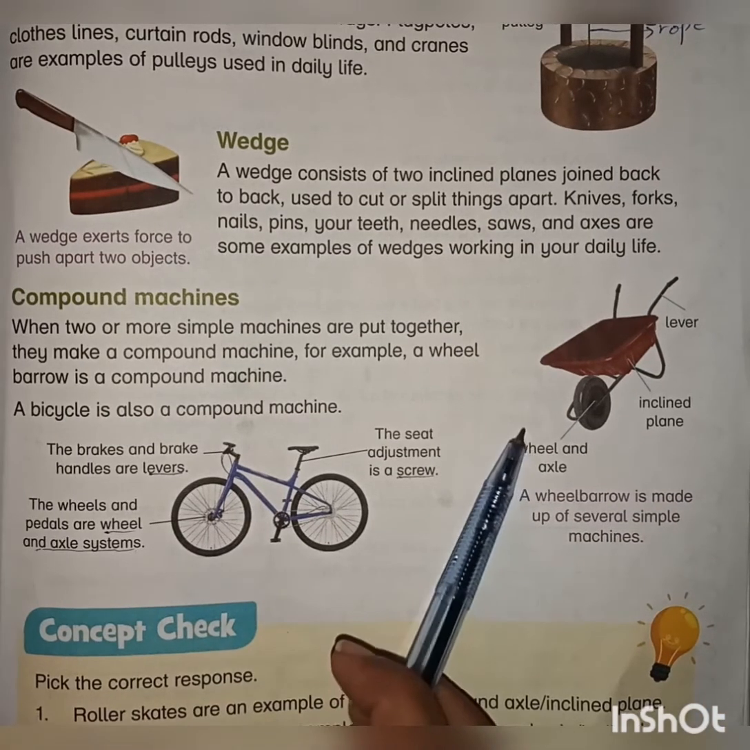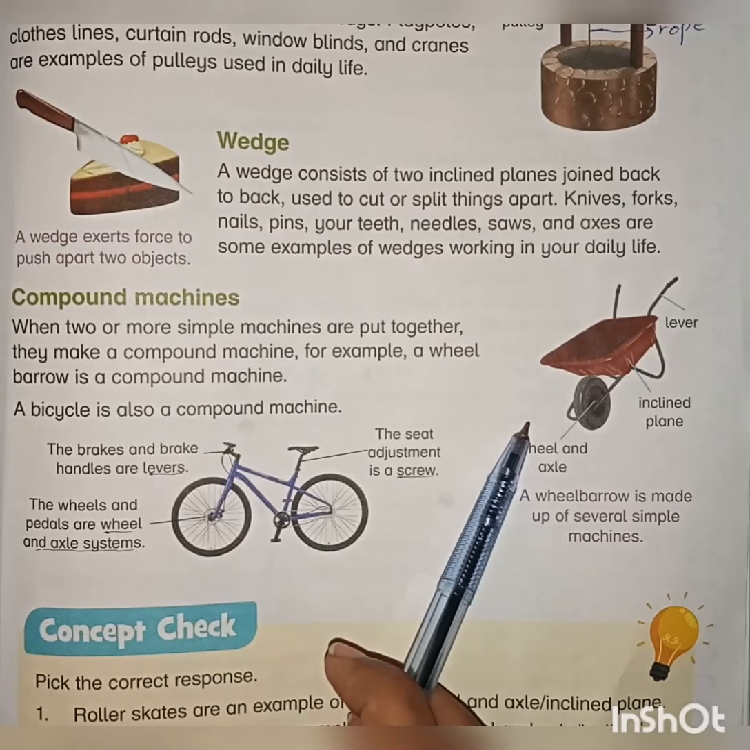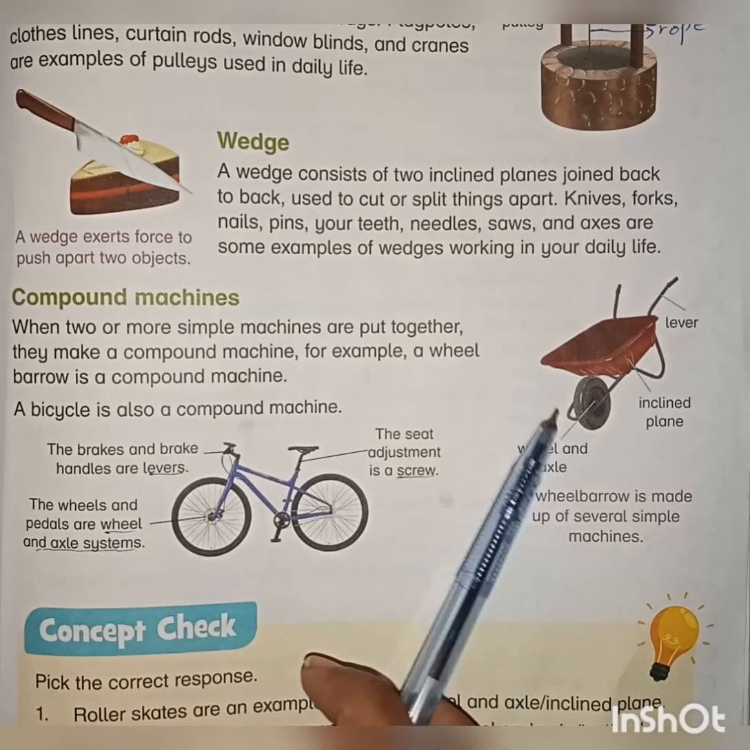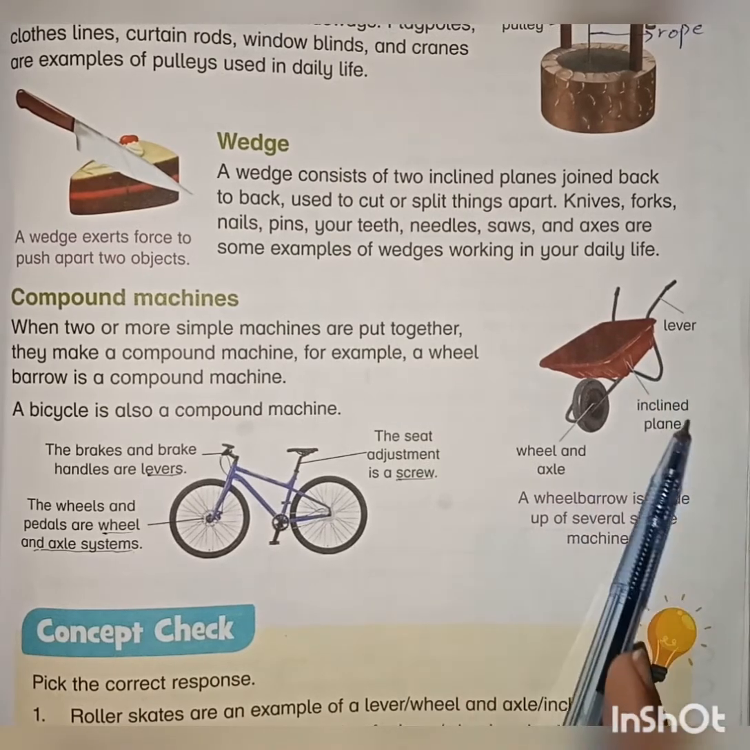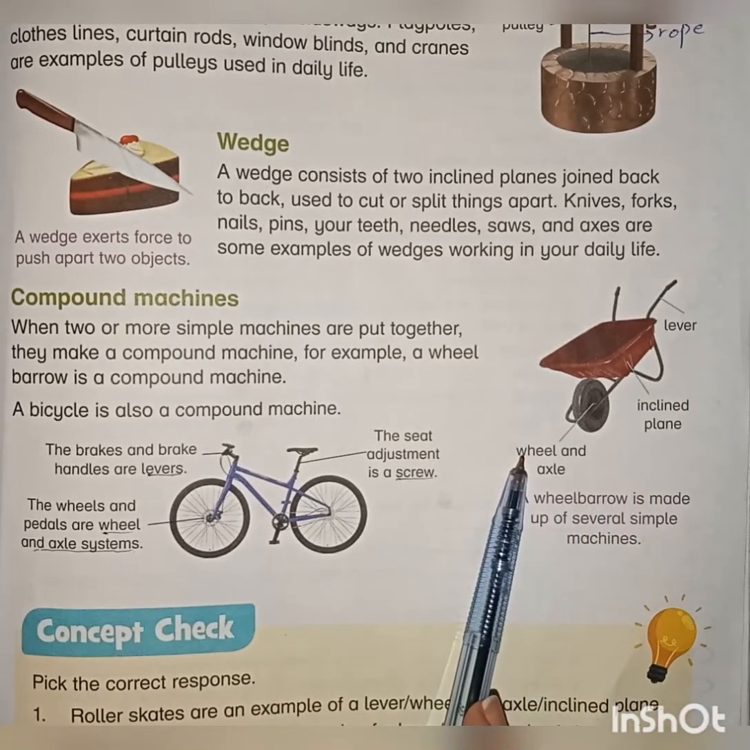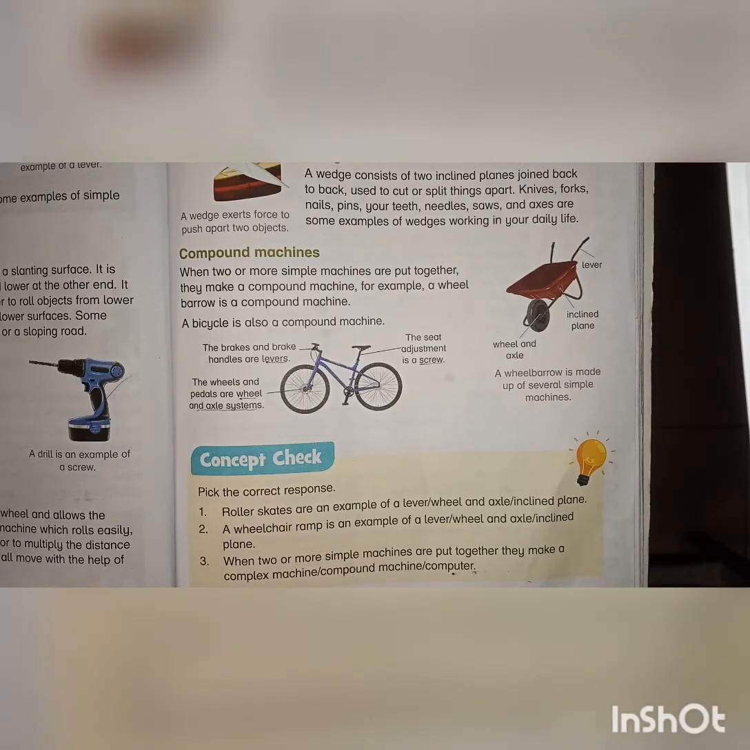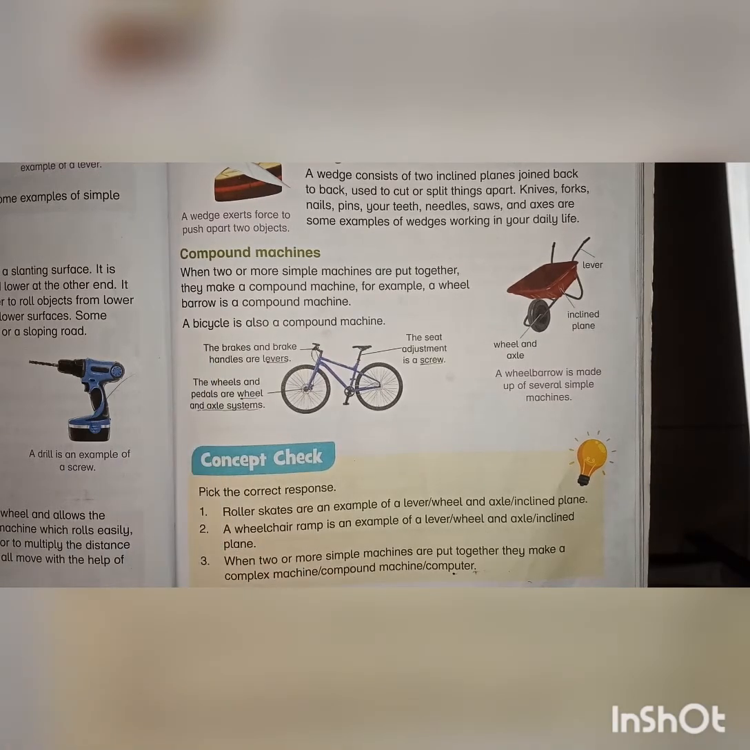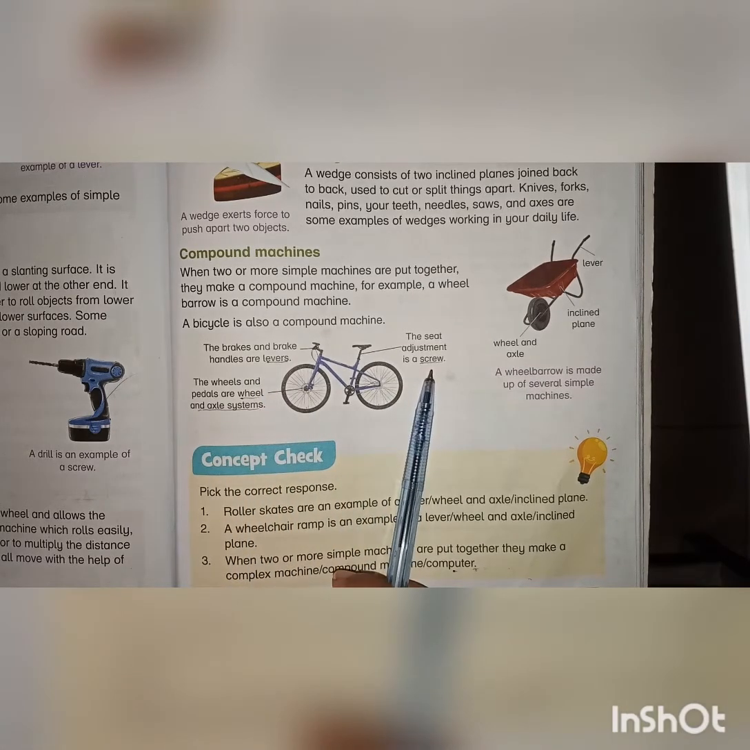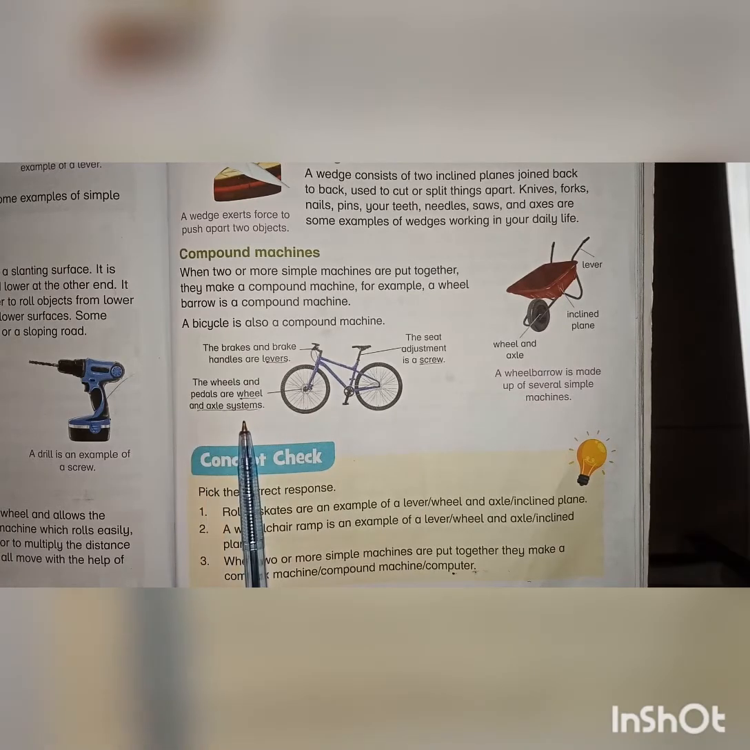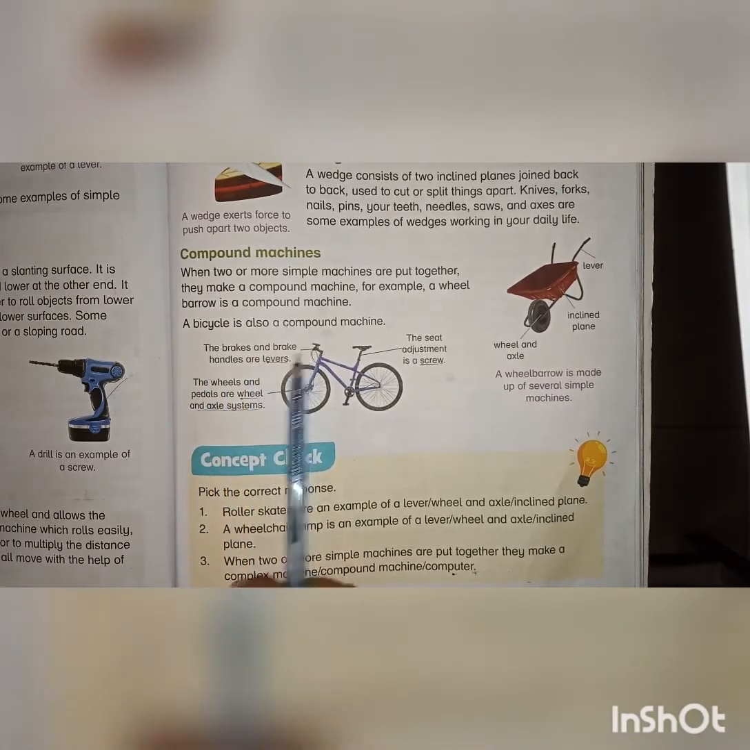A wheelbarrow is an example of a compound machine, and a wheelbarrow is made up of three simple machines: lever, inclined plane, and wheel and axle system. A wheelbarrow is a combination of three simple machines. Another example of a compound machine is a bicycle. A bicycle is a compound machine that is made up of three simple machines: lever, screw, and wheel and axle system. The brakes and brake handles are levers